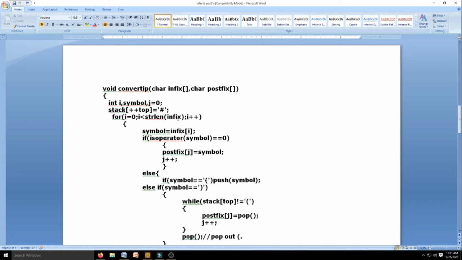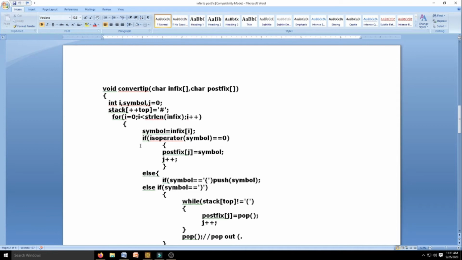It is basically an infix expression which has 3 characters, a plus b, like that. So I am doing this operation 3 times, right? So first of all I am taking the length of the input string as one of the parameters for this for loop. These many times I am doing this operation.